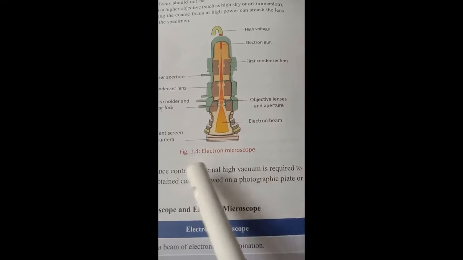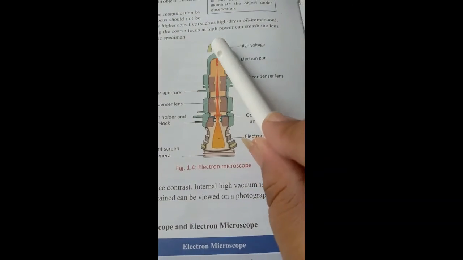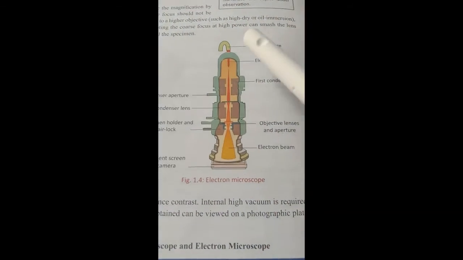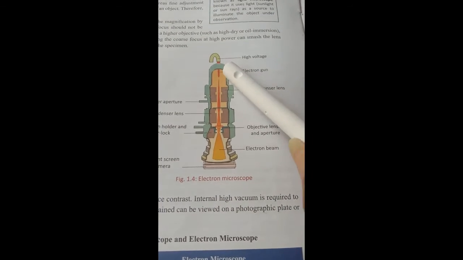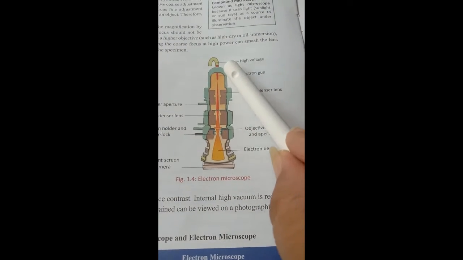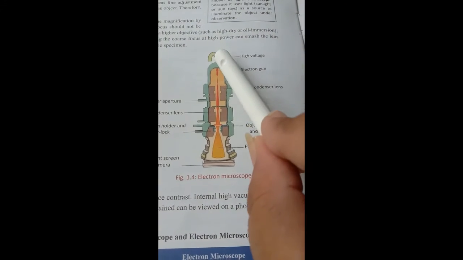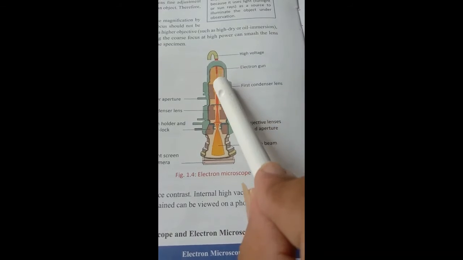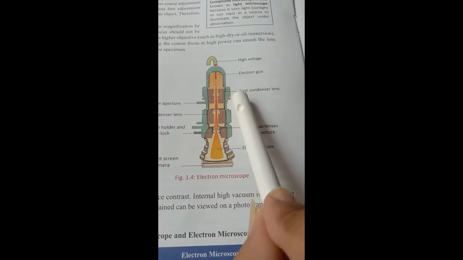But in this electron microscope, the very first thing, it requires high voltage. You can see the structure of the electron microscope. Here very high voltage is given. High electricity power of high voltage is to be given. This is the electron gun. Through this high voltage, the electrons pass through this electron gun. At first, here it comes closer.